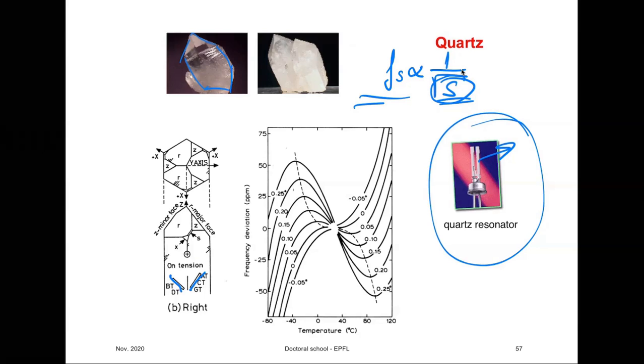And since the elastic constant under some angle is a function of elastic constants along different principal axes, and if these have different temperature coefficients, you can find a cut where this elastic constant has almost zero temperature